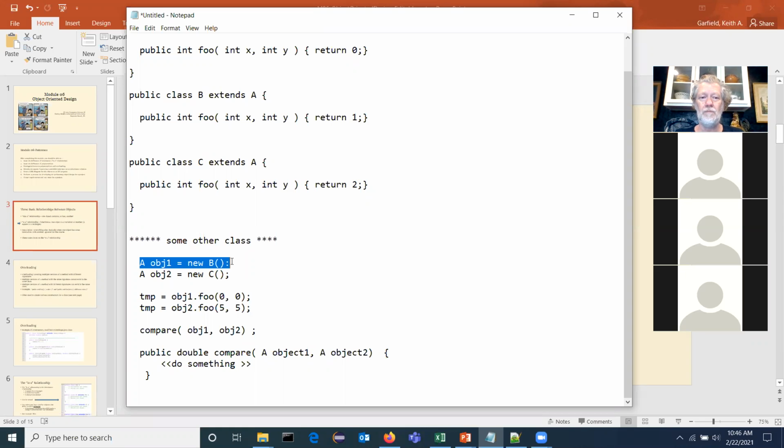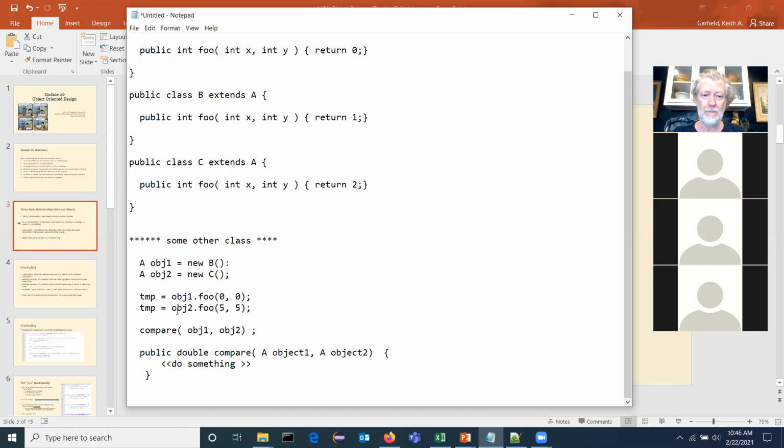Would it be okay to say B object 1 equals new B? Because that's just how I was thinking to code it. But I know the A works. But is A better practice? I guess is my question. And the answer is we don't know because it's going to be specific to what you're doing. But I'm going to show you why A can help you sometimes. So you're right. You could do this, and there's nothing wrong with that.